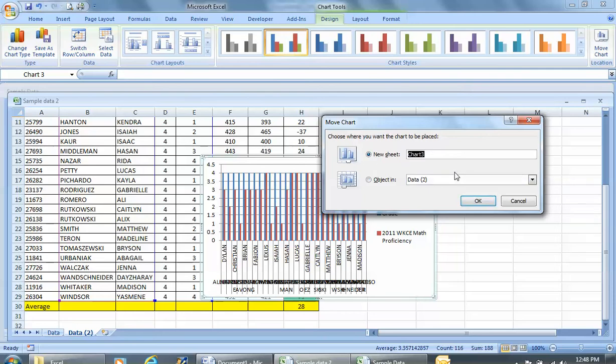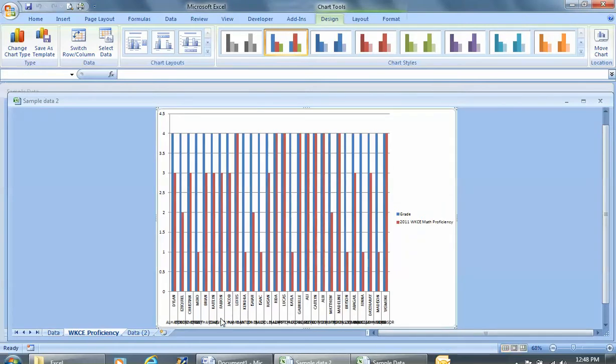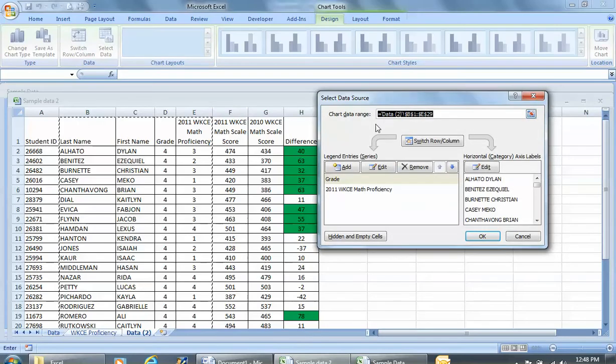I'm going to rename it right away into WKCE proficiency. And you can see it makes it into a new chart. Now if we look a little more carefully at this graph, what we can see is it puts their grade level on, and they're all in 4th grade, so that kind of skews our information a little bit. So either I can right click here again, or I can come up here to select data,